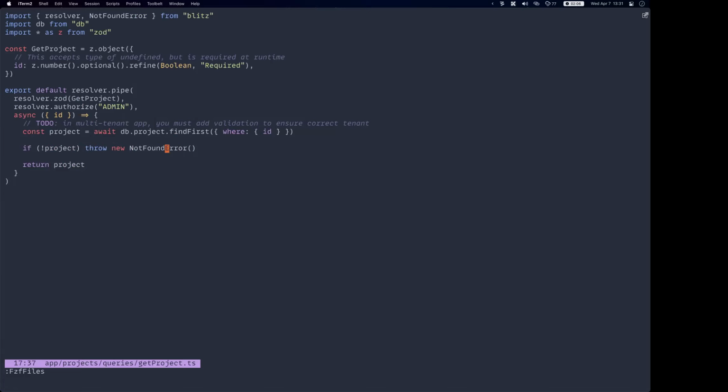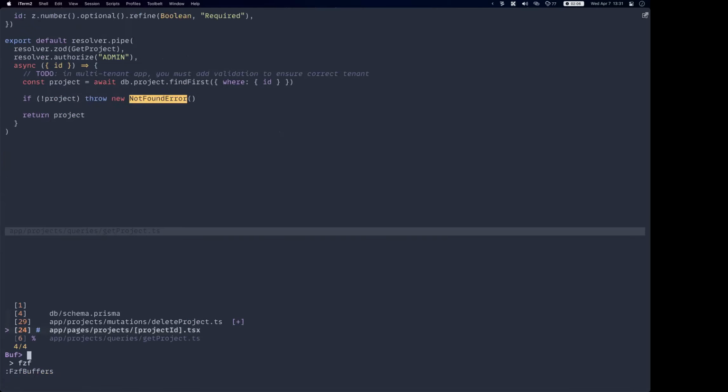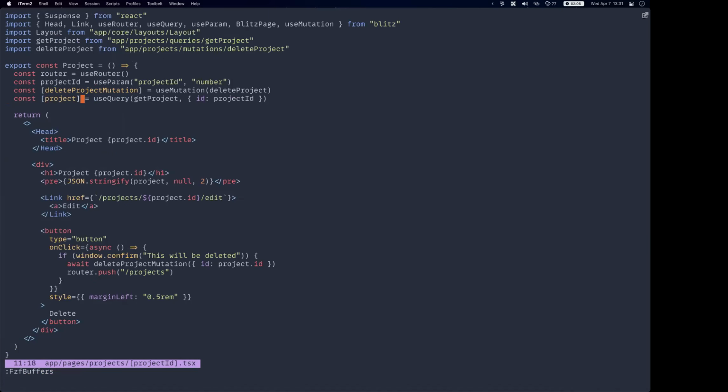But what happens is if you throw an error on the server, so in this case, if the project comes back empty, we will throw a new not found error. And since there's no try catch here on the server, it will be thrown. So let's go back to this page that we were on. So this use query hook, right? This is where we're using that thing. And that error will come from the server through the network, and it'll be thrown out of this use